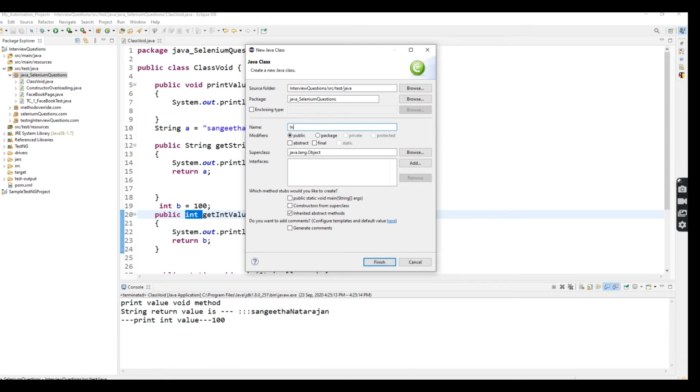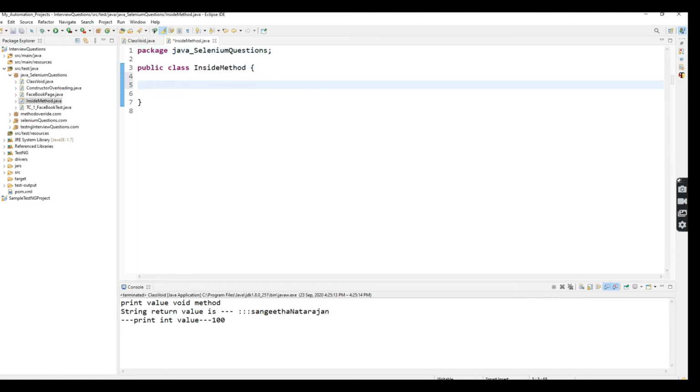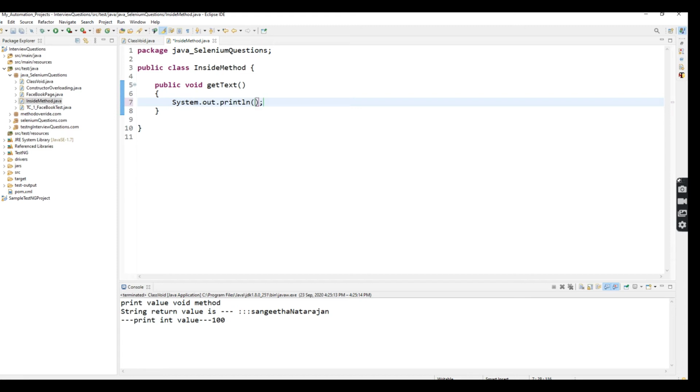The class name is InsideMethod. Here I'm going to create two methods. First, public void getText, and inside I'm going to give System.out.println, which prints the get text method.